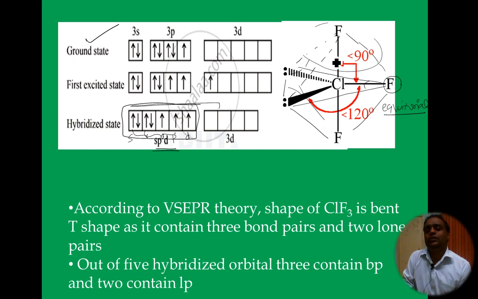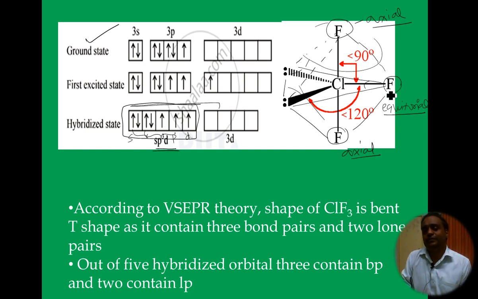So this is called trigonal bipyramidal. This position is called an axial position, this position is also called an axial position. So this is why it is trigonal bipyramidal, but the actual shape will be determined only by the